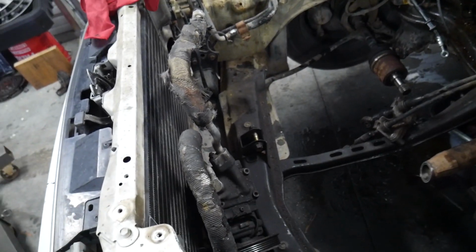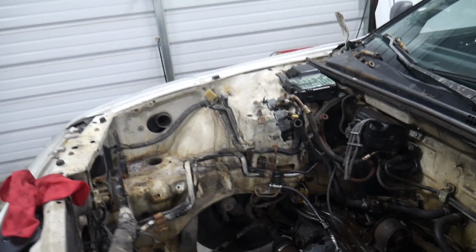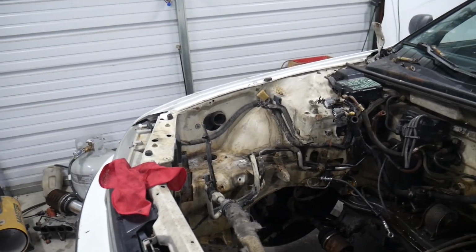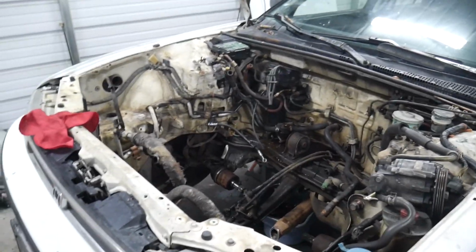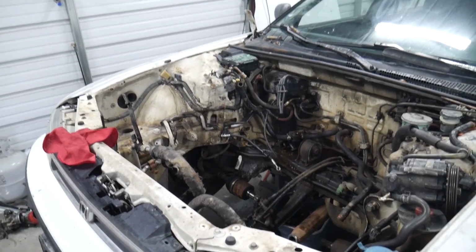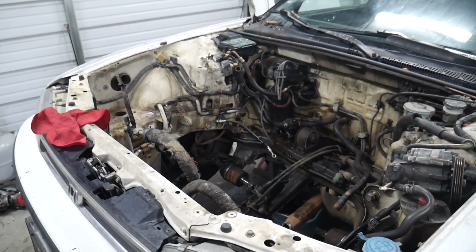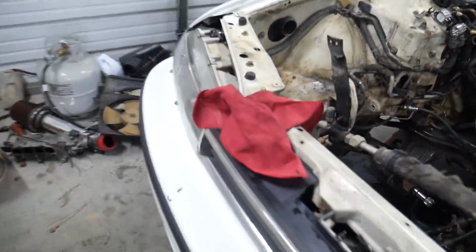I already know that. It always is, but again, it's about making it look a lot better than this. And if you can think like that, you get a whole lot more done a lot faster than when you're trying to make this thing perfect. Because every time you try to make something perfect, something bad always seems to happen. So I just try to do it, you know, to a nice degree. It's gonna look nice, it's gonna be functional, we're gonna have power steering, all of that good stuff. So yeah, it's gonna be definitely a very functional, very clean,